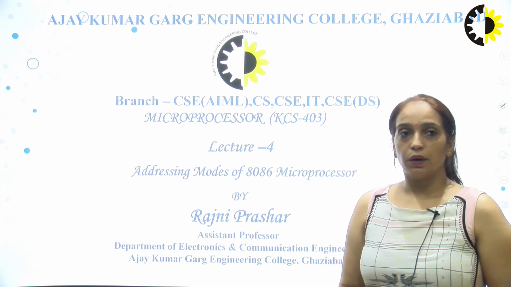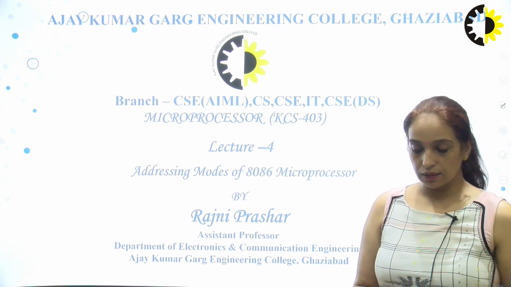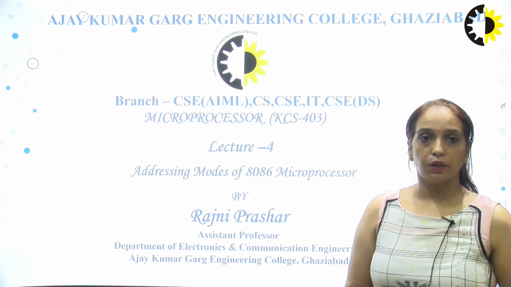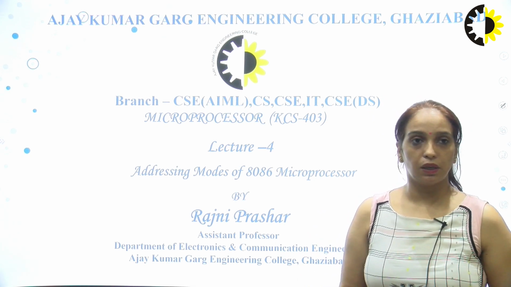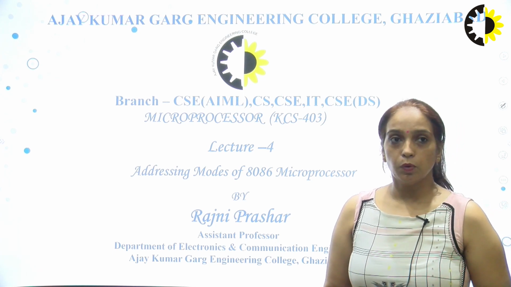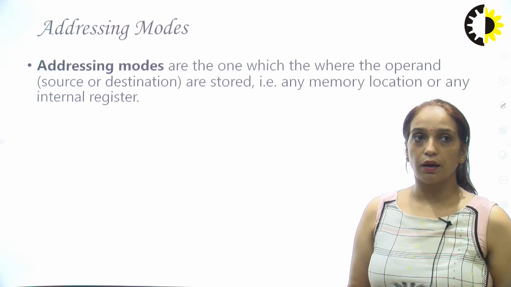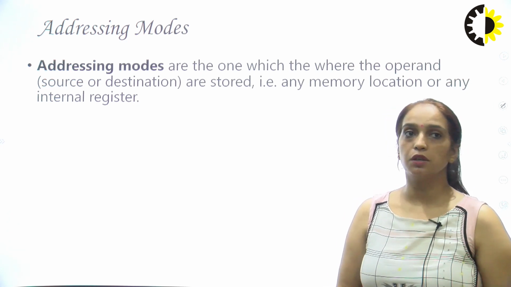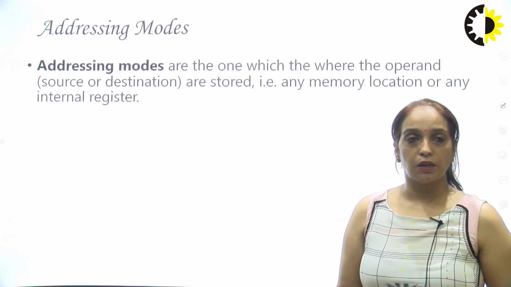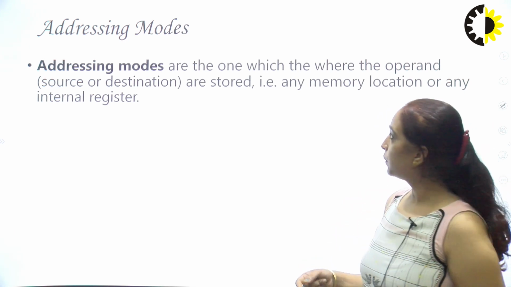So in this lecture, we are going to study the addressing modes of the 8086 microprocessor. We know that it is a 16-bit microprocessor, and with the help of this 16-bit microprocessor, we can access a memory of 1 megabyte. Now, addressing modes are the ones which define the movement of your data. It means when we need to transfer data from one place to another, or from source to destination,